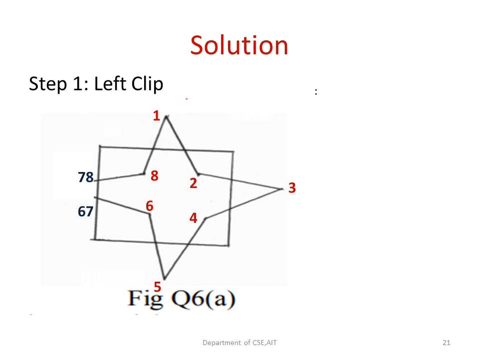We can observe here the 78 and 67, the intersection points. That means whatever was lying to the left of the clipping window is rejected, and only the intersection points of these lines are going to be viewed over here. That means it is going to be considered. In this left clipping, the single digit numbers are the vertices, and the double digit numbers tell about the intersection points.